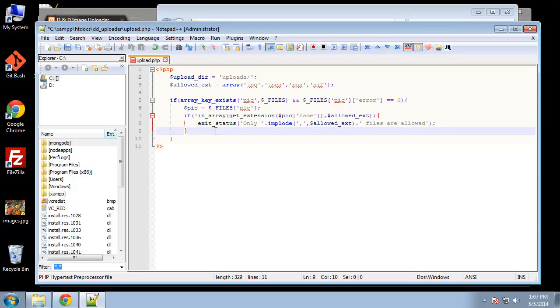Now, obviously if it is in there, it's going to continue. So what we want to do is move the file to our uploads folder. So we're going to say if move uploaded file, which is a PHP function that can move our files for us, and it's going to take in pick